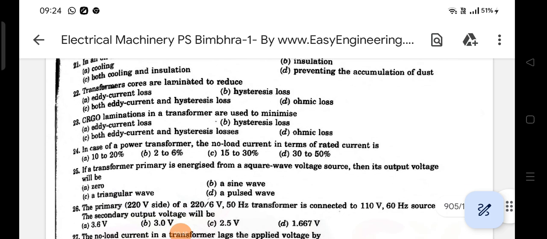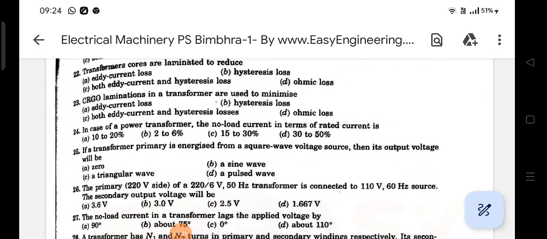That means by using CRGO we can reduce hysteresis loss. Okay, by using the lamination technique we can reduce eddy current. That means here both hysteresis and eddy current losses are reduced. That means the 23rd answer is C. Next,